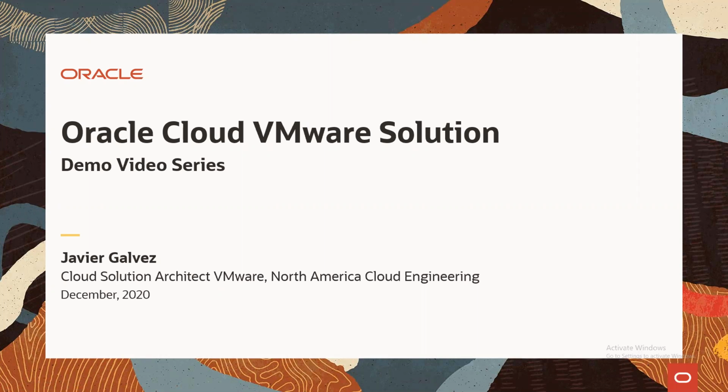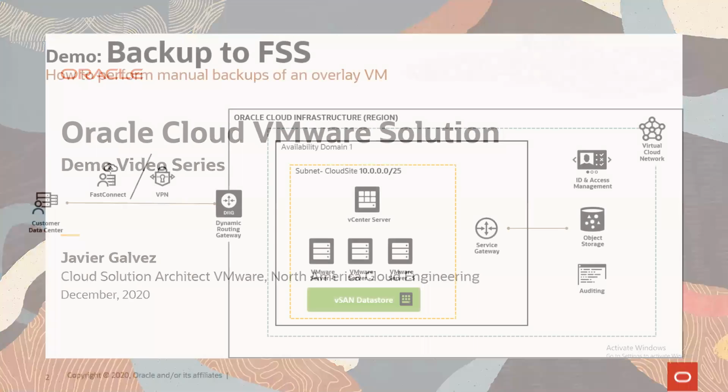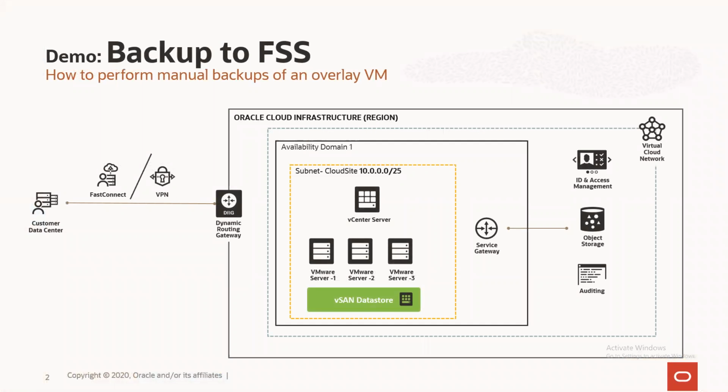I'm Javier Galvez, VMware Cloud Solution Architect in the North America Cloud Engineering team. Today, I'm going to show you how to perform a manual backup from your OCVS environment to the file system storage in Oracle Cloud. This is our current deployment for today with 3 physical hosts and a vCenter to manage the infrastructure. As you can see, there is a VM deployed to test this procedure. This VM will be manually copied to the